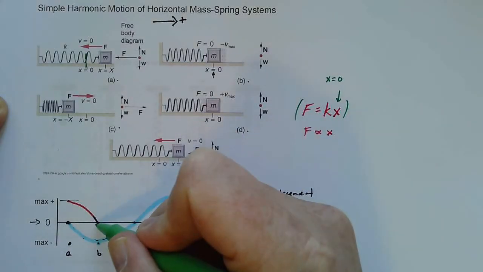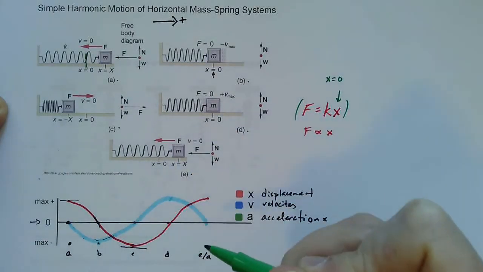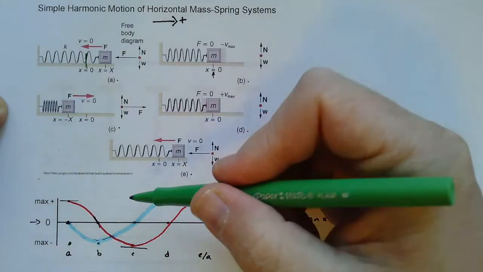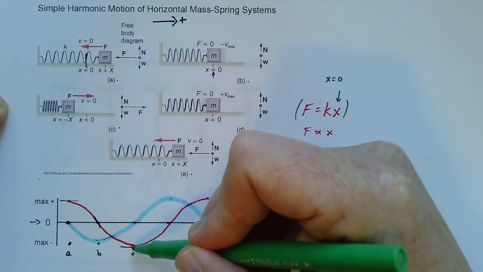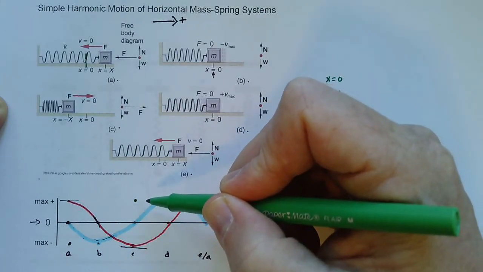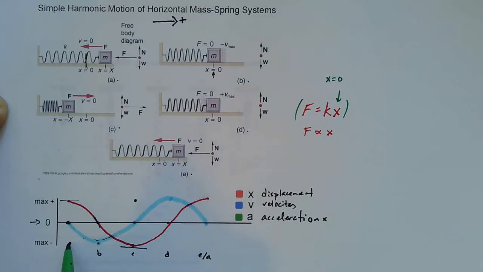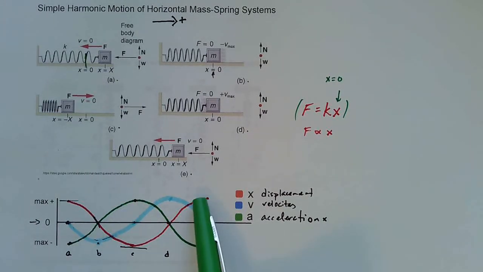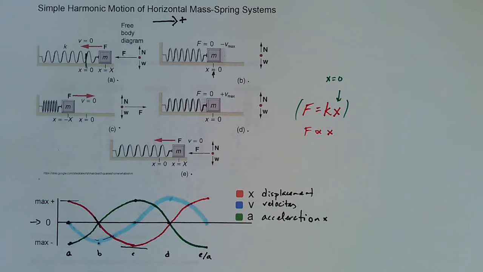When it's at the equilibrium position, there is no restorative force. That's where the force restores to. When the object is at its furthest to the left, the force is at its maximum, pushing it back towards the right. And so you can see the force, the acceleration graph, because force is proportional to acceleration, right? Force causes acceleration. The acceleration graph is just the inverse of the displacement graph,